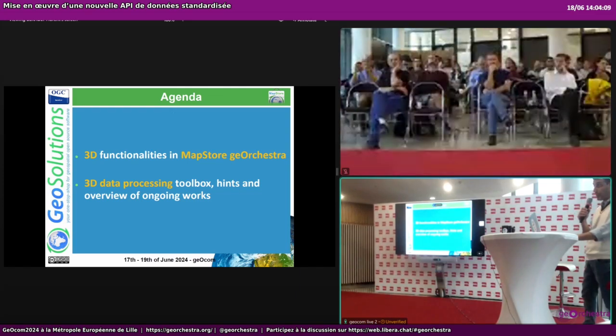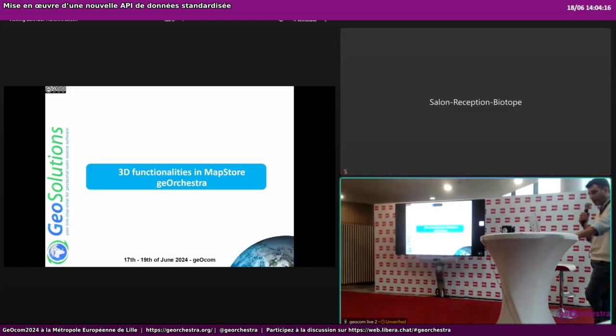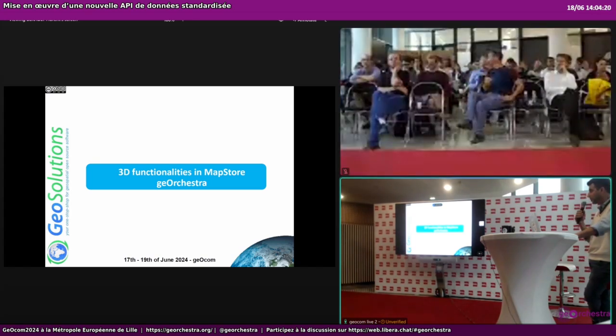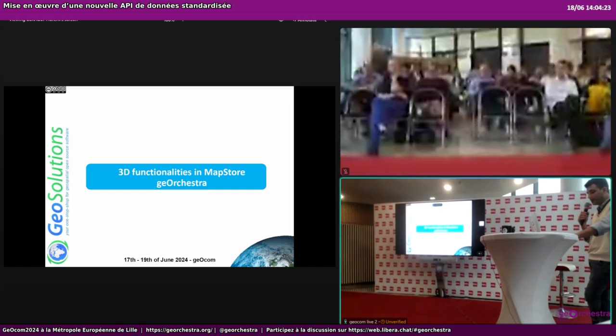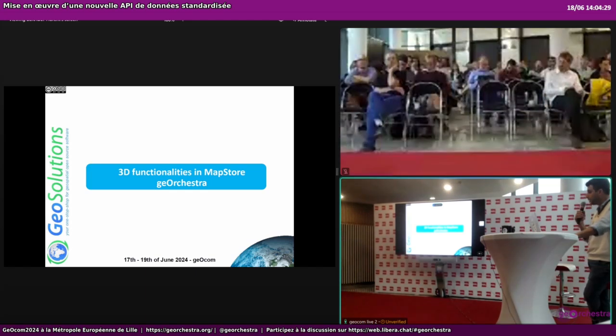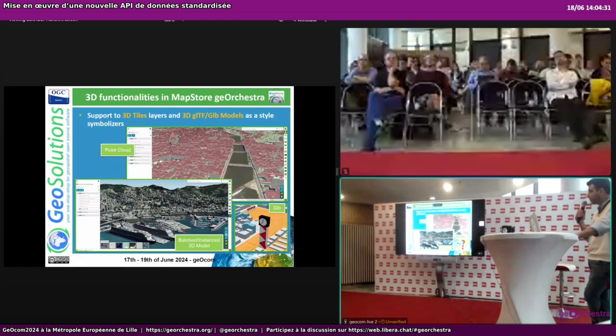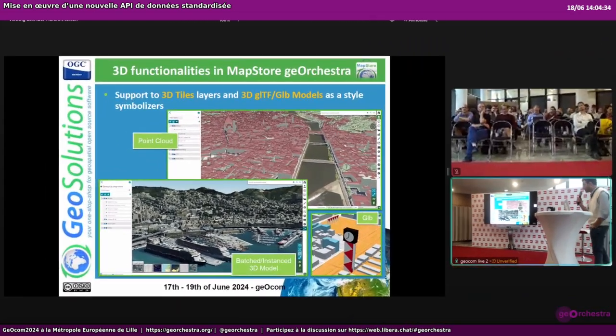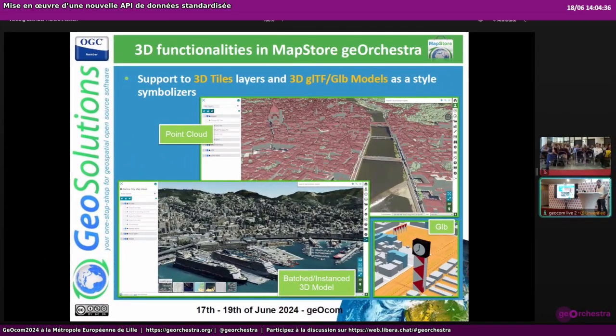As far as 3D functionalities are concerned, I think it is quite important to better highlight this, to properly provide indication on what is effectively present in MapStore 2 geOrchestra in terms of 3D functionalities. So first of all, we should mention which kind of 3D data format are supported in MapStore 2